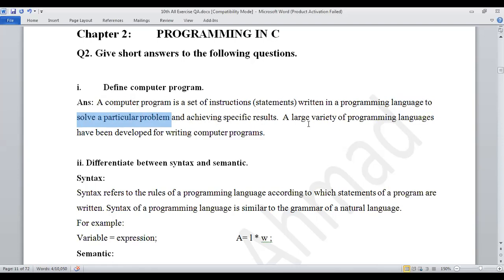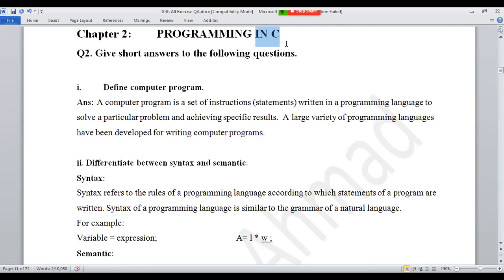A large variety of programming languages have been developed for writing computer programs. I will give you the names of a few. One is C language, which you will study in the 10th class, as we have started C language. Another is C++, which you will study in the second year.